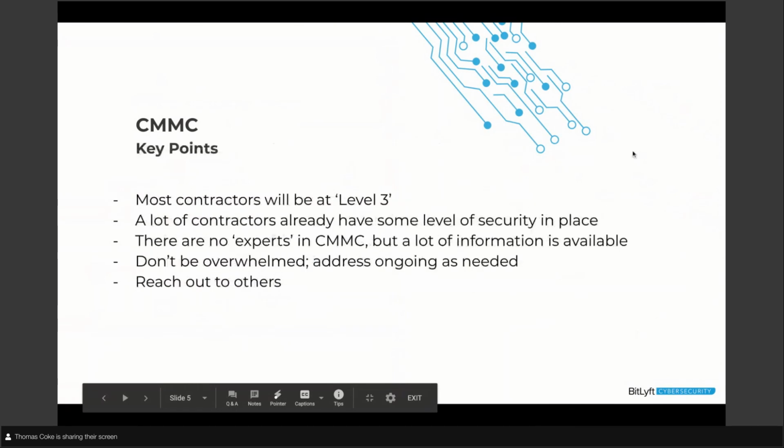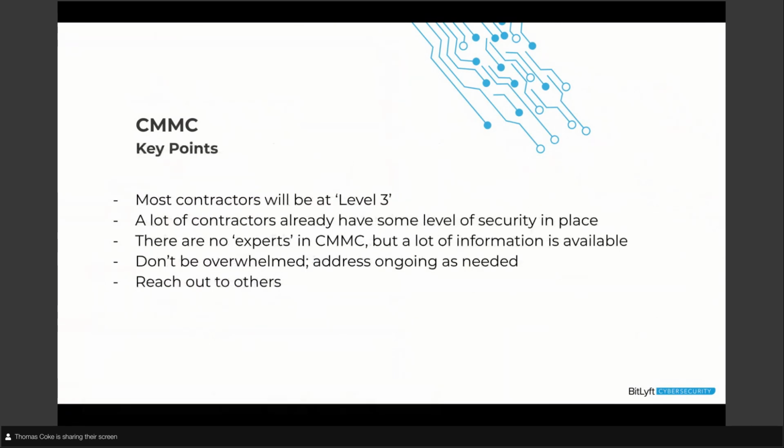So most contractors, from what we can tell, are going to fall at either level 2 or level 3. Level 3 seems to be the most common from the people that I talk to. And there are 5 levels within that. The reason why I say that is to hone in on those, figuring out where you're going to have to be and what you're going to have to do for those levels. A lot of people see the requirements and say, oh my gosh, there's so much there. And they don't realize that a lot of the stuff, especially at the top end, isn't going to pertain to them, and it doesn't matter. That's for people that are doing really, really high-end stuff.